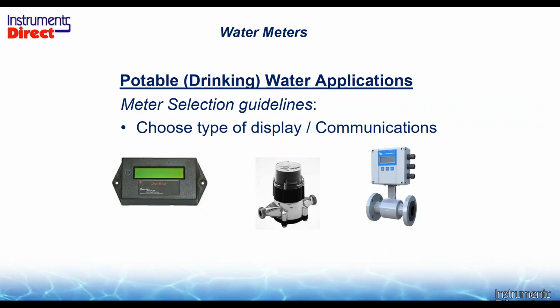Choose the type of display or communications. When you're selecting a meter to monitor how much water you're using, where is the data going to be compiled? Is it going to be on the face of the meter, which is fine, unless it's in a difficult place to read the meter? If it's in an elevated place, you can't necessarily see the meter. So in those cases, you may need to add a transmitter of some type to the top of the existing meter to send the reading back to either your control room or to a remote display like this,